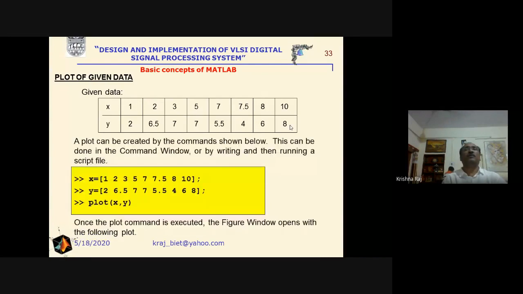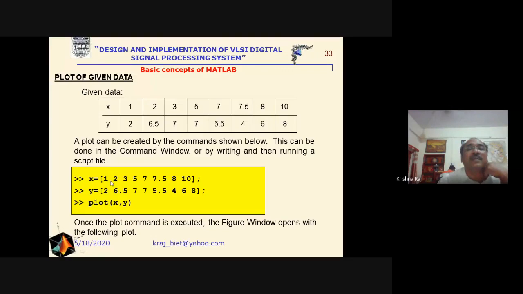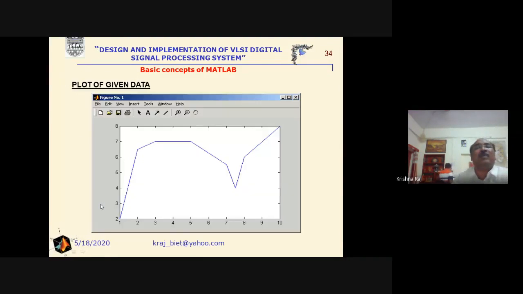We just use here plot x and y. We are doing nothing here, but just putting the plot. See, we have defined x. X is nothing but a row matrix. We can use a comma, or we can use a character gap. And similarly, we have defined y, and we have written plot x comma y. And after putting plot x comma y, by default we will get a solid curve between x and y, blue in color. No marks will be there.